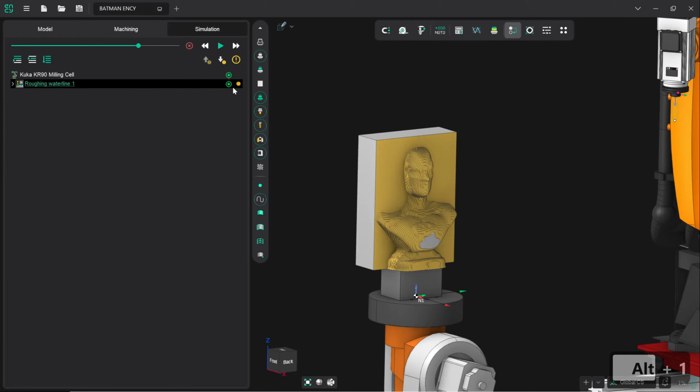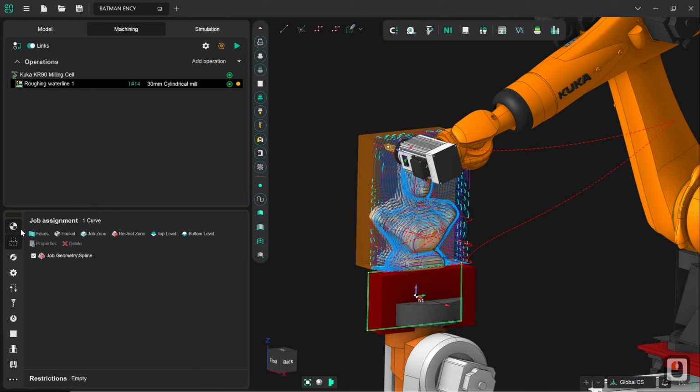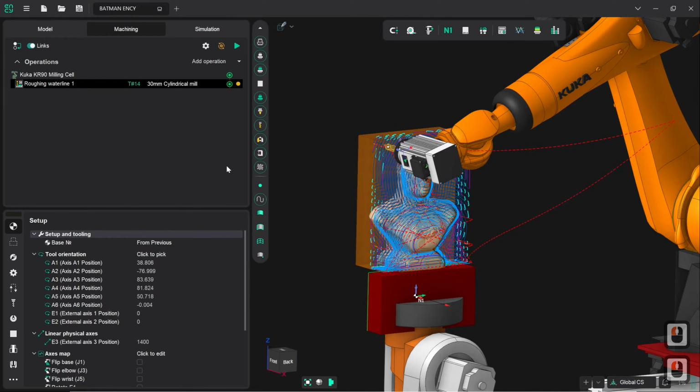Hi there. So this is the second video in this series where we're going to cover the second roughing pass that we need to do to perform the machining on this Batman bust. So the first thing we need to do is return to the machining tab, and we would like to create